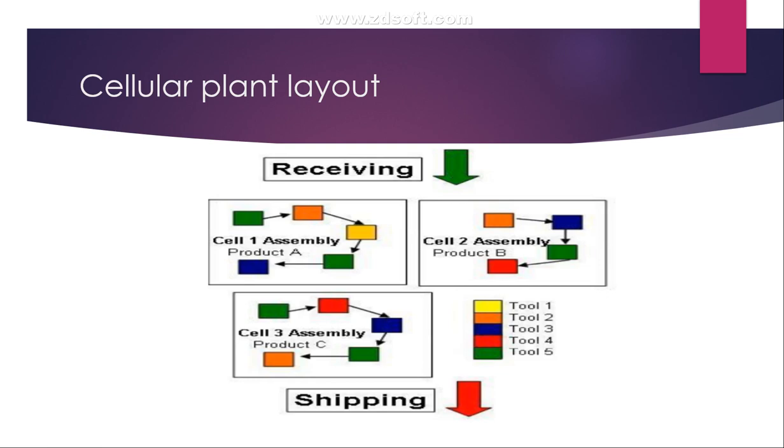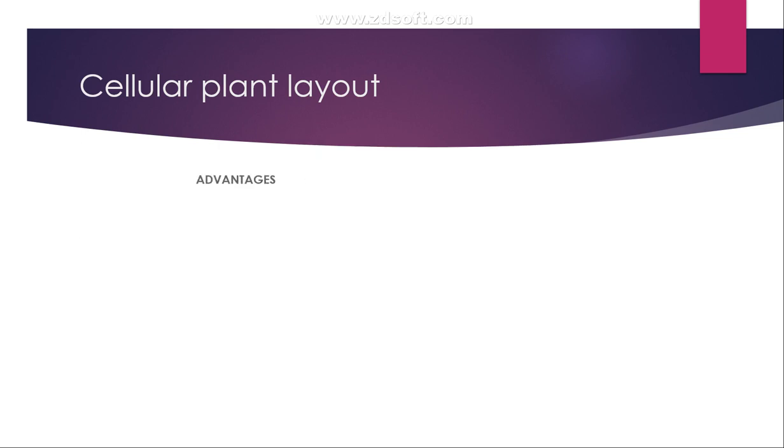Now, considering this image, if I have to produce product B and I put all these five tools in the same sequence, one unnecessary additional machine would be added for product B. Now I have a separate assembly line particularly for product B. So one tool, or one machine, is eliminated here. This way, with this cell system, we can reduce the material handling system and the transit time of material movement during the production process.